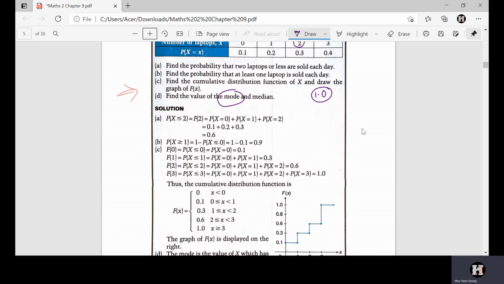So, although you're saying that this one is 1 to 2... okay, actually it's cumulative. So this range is from 1 to 2, but actually it is the sum of the previous probabilities, starting from 0.3 and then keep on summing, and the last one, x greater than 3, must equal to